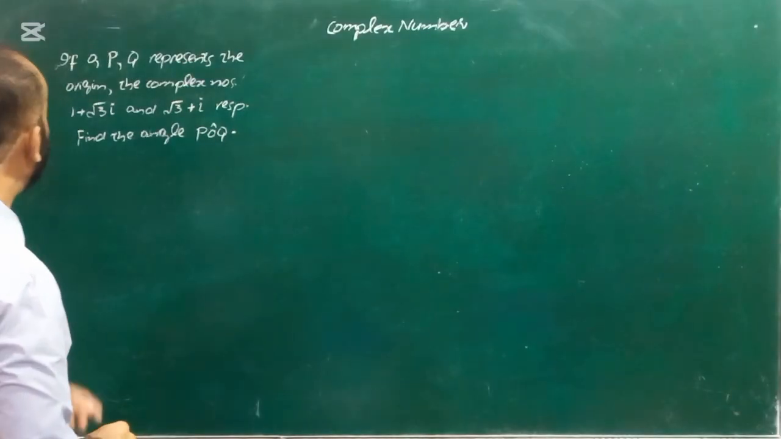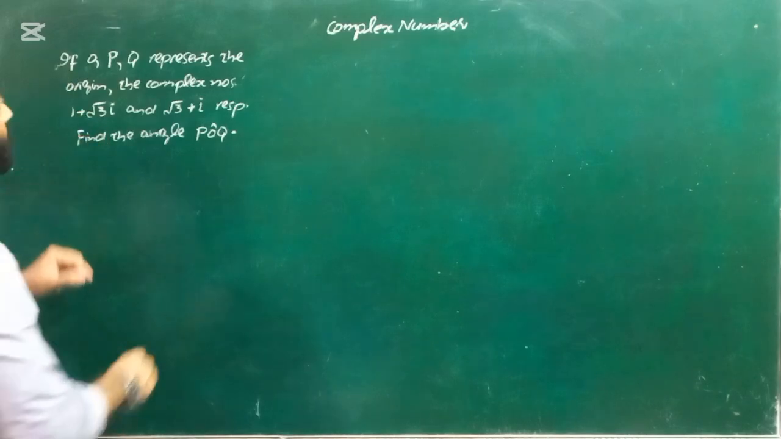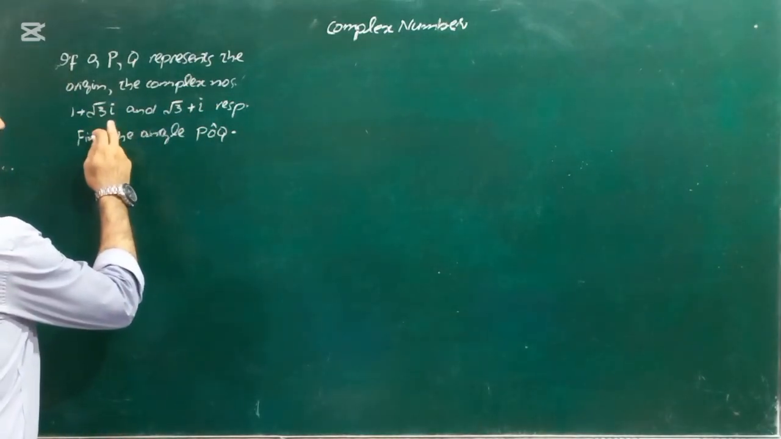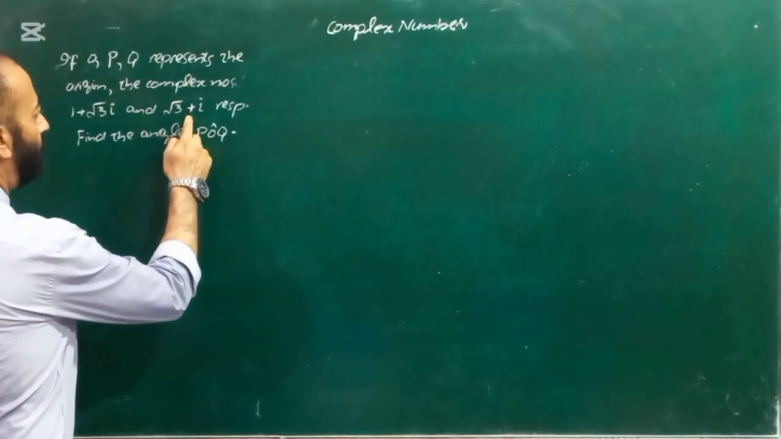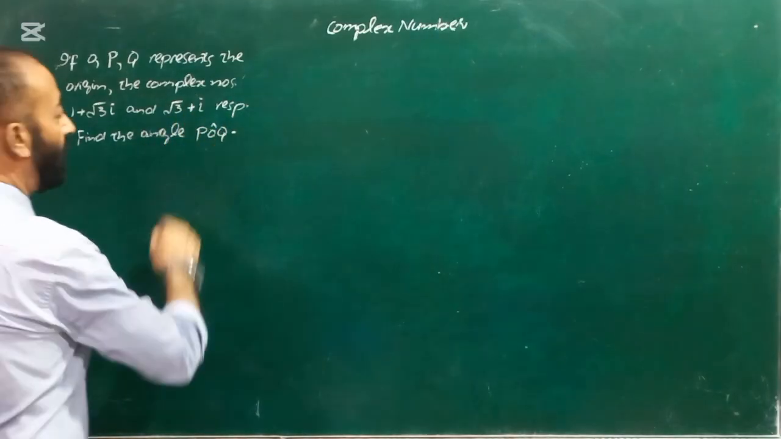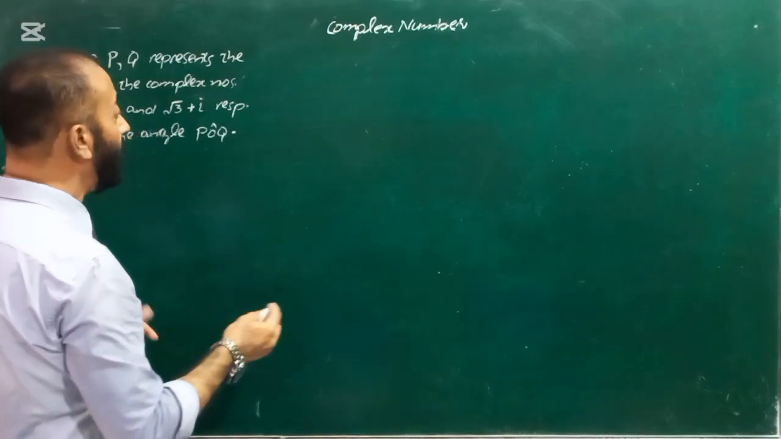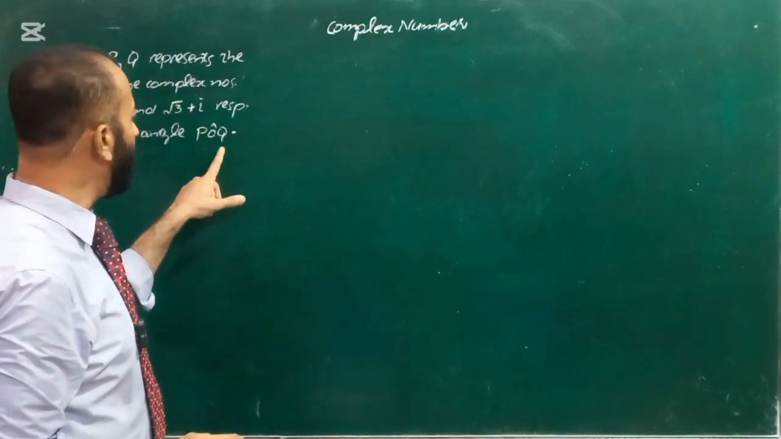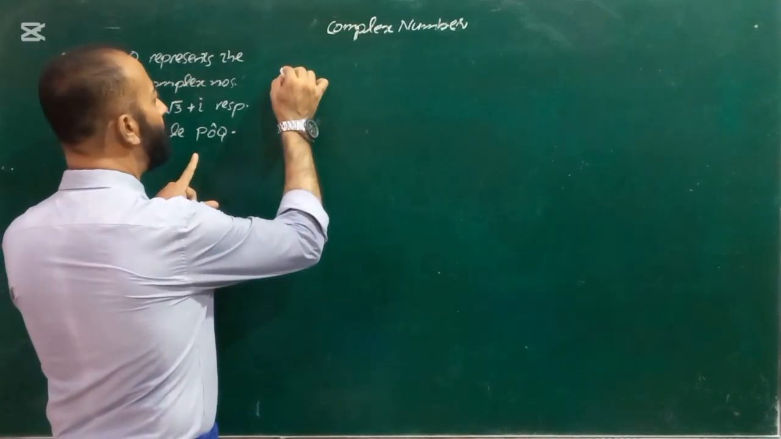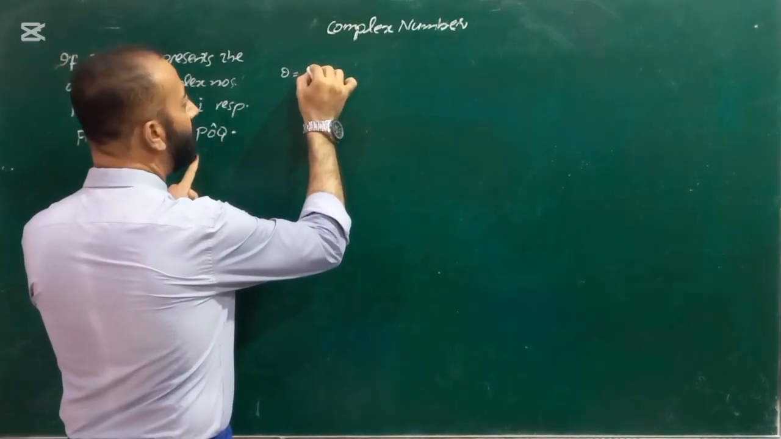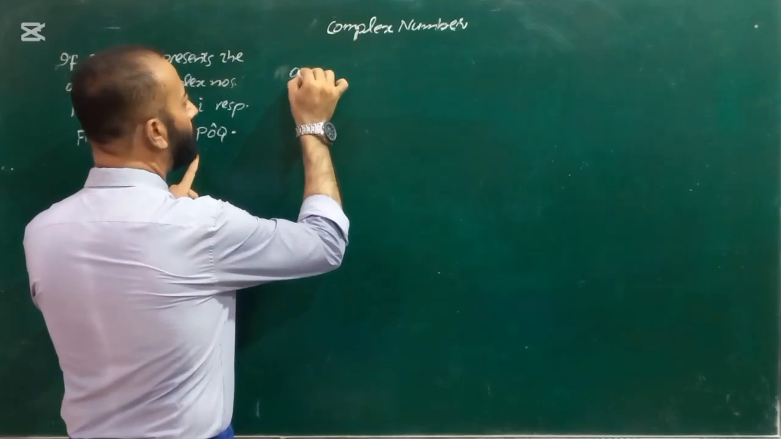So here is a question. If O, P, Q represent the origin and the complex numbers 1 plus square root 3 iota and square root 3 plus iota respectively, find the angle POQ. So actually the angle is the requirement, POQ. Here is a concept. Whenever this kind of angle is required, you are required to find the argument of